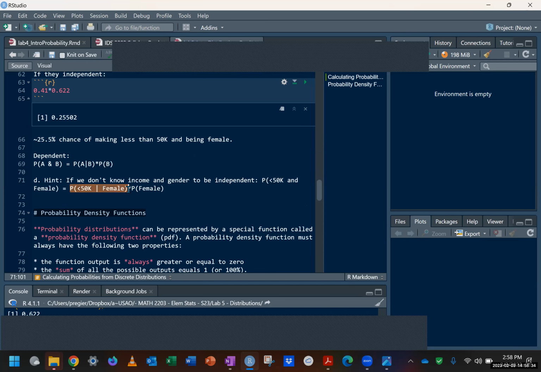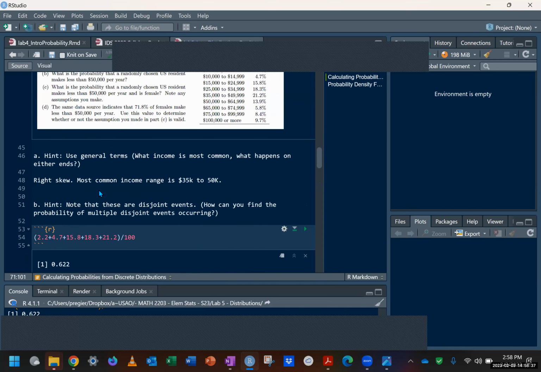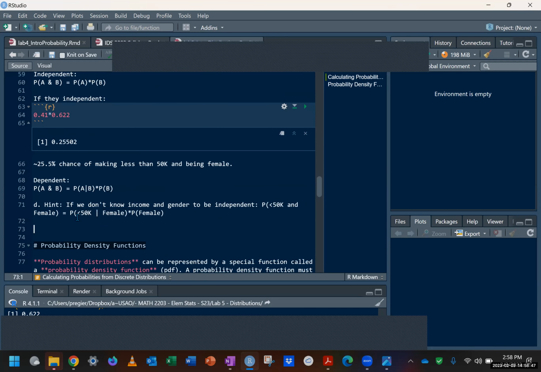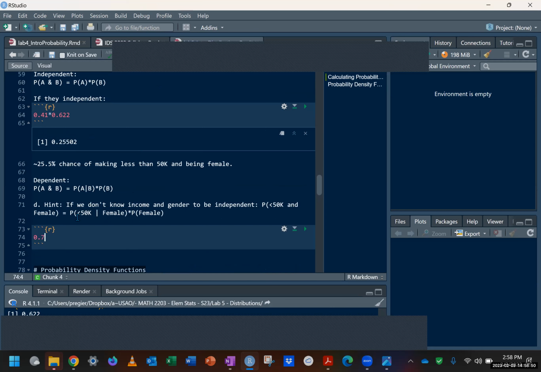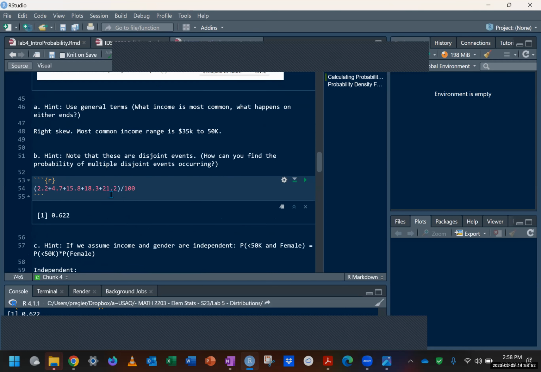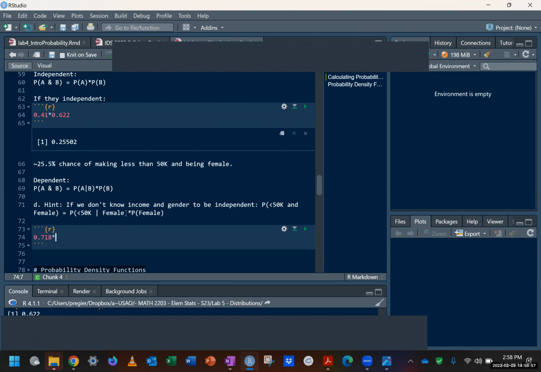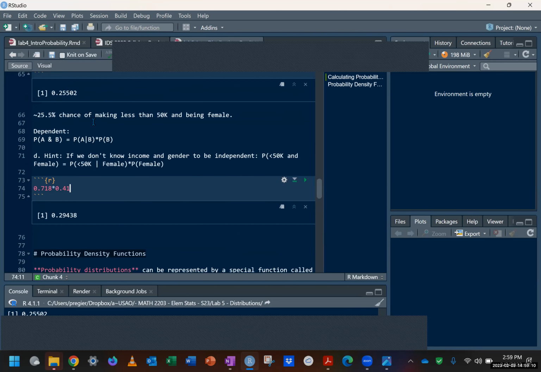Probability of being less than 50,000 given female was just given. If you're female, there's a 71.8% chance of being less than 50,000. So this number right here is actually 0.718. And we're going to have to multiply that by the probability of being female, which was 41%. Okay, so if I find this probability,